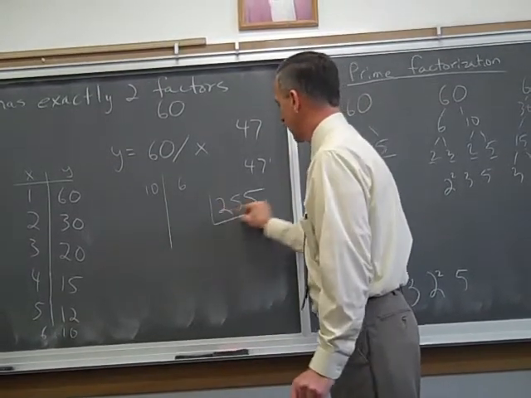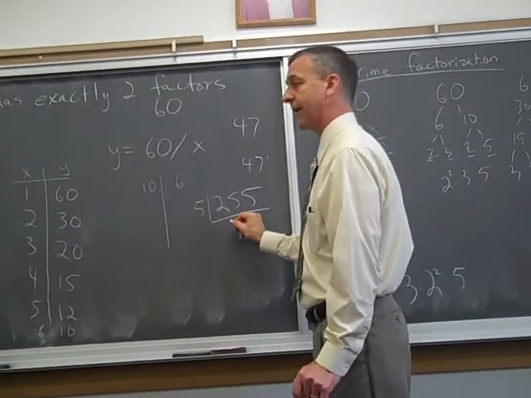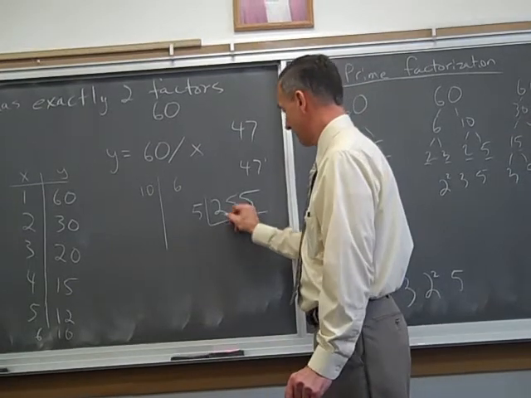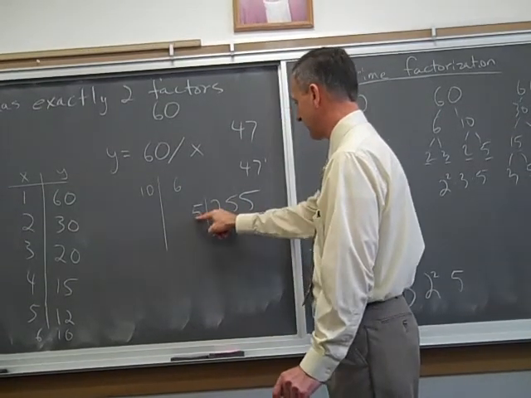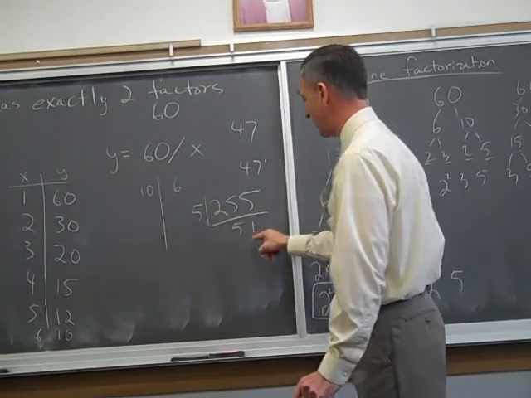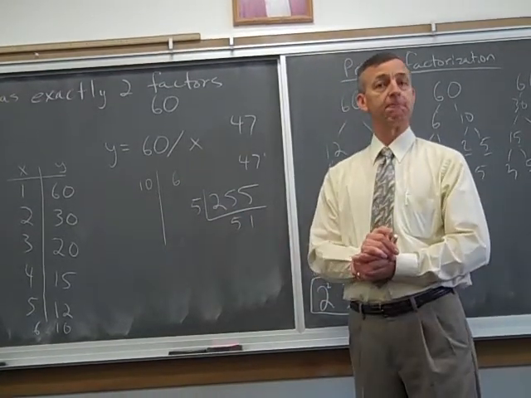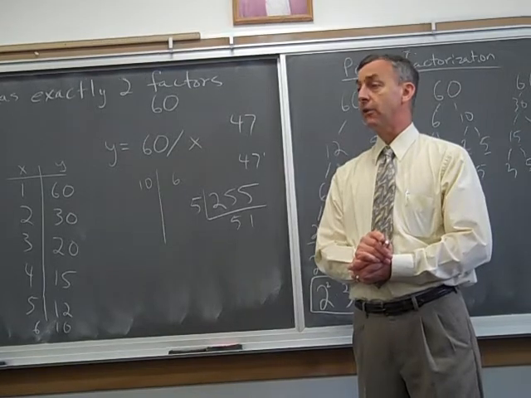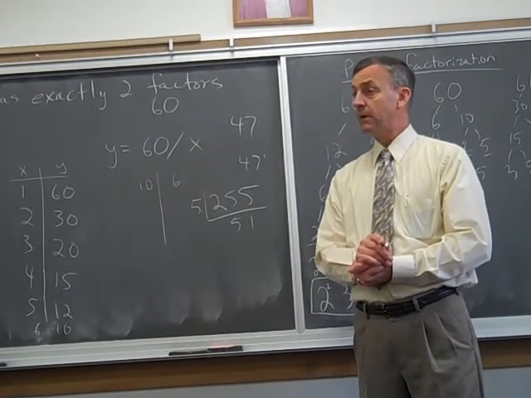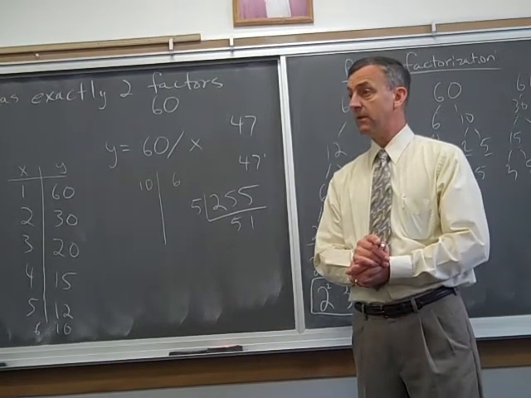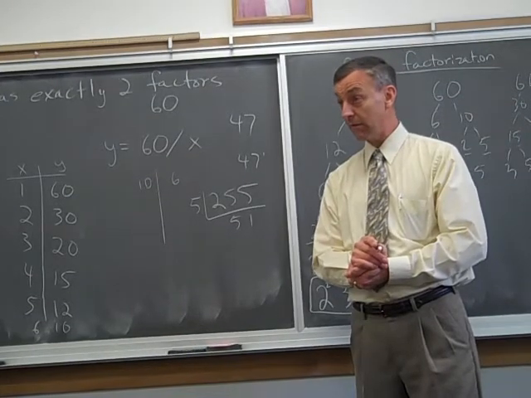So here we go. 5 goes into there what? 51 times. 5 goes into 25, 5, and 5 into 5. 51. So are we done? Is it 5 times 51? No. 51 is not a prime. How do you know? Because it's divisible by 3. Were you born with that? No,